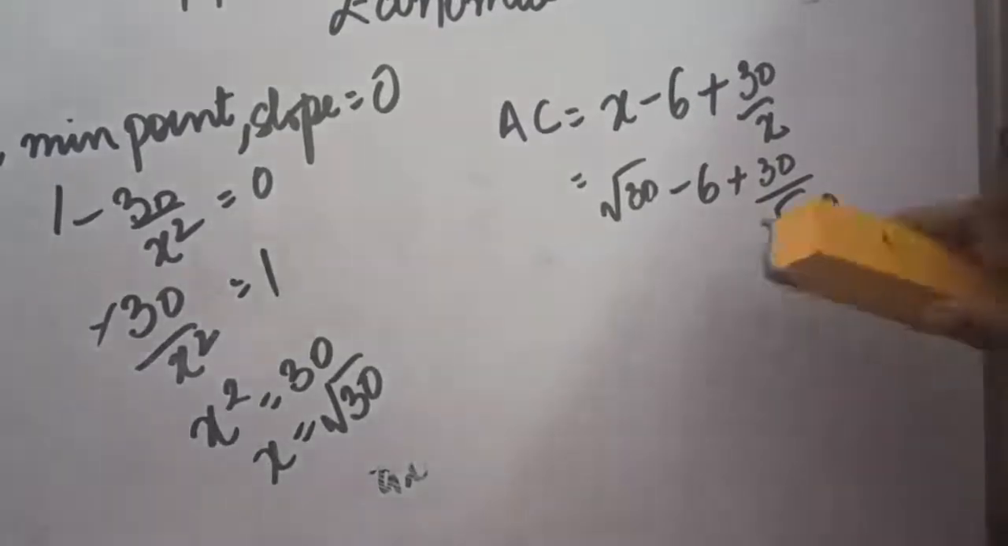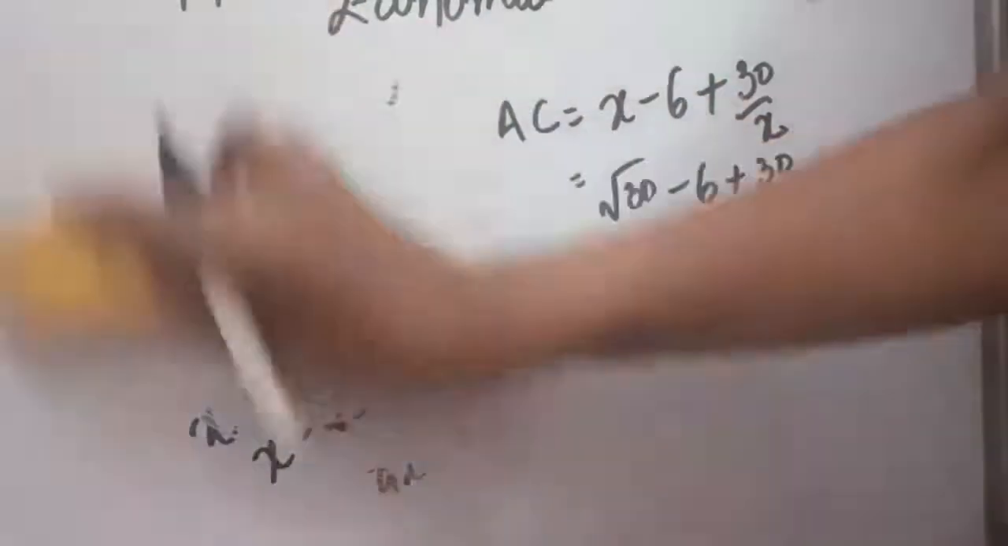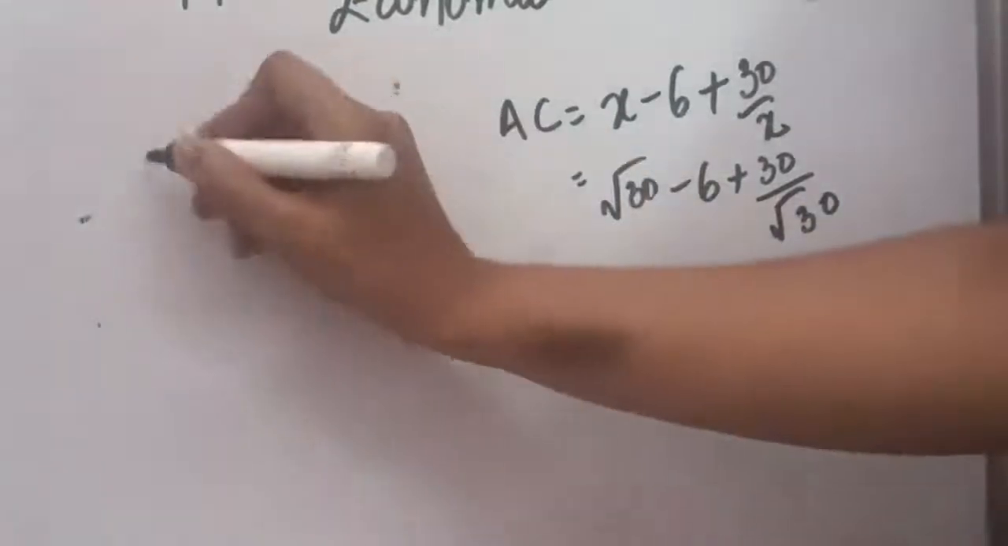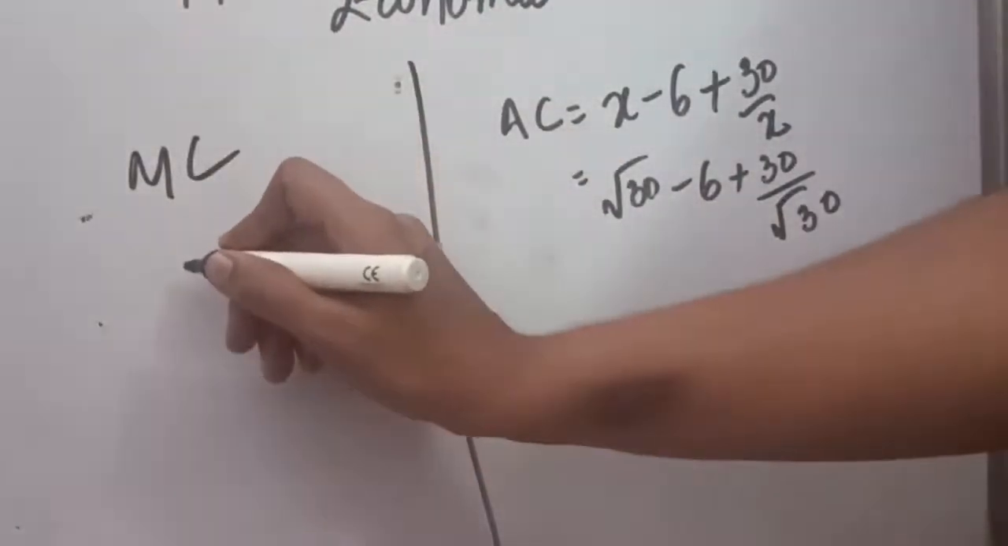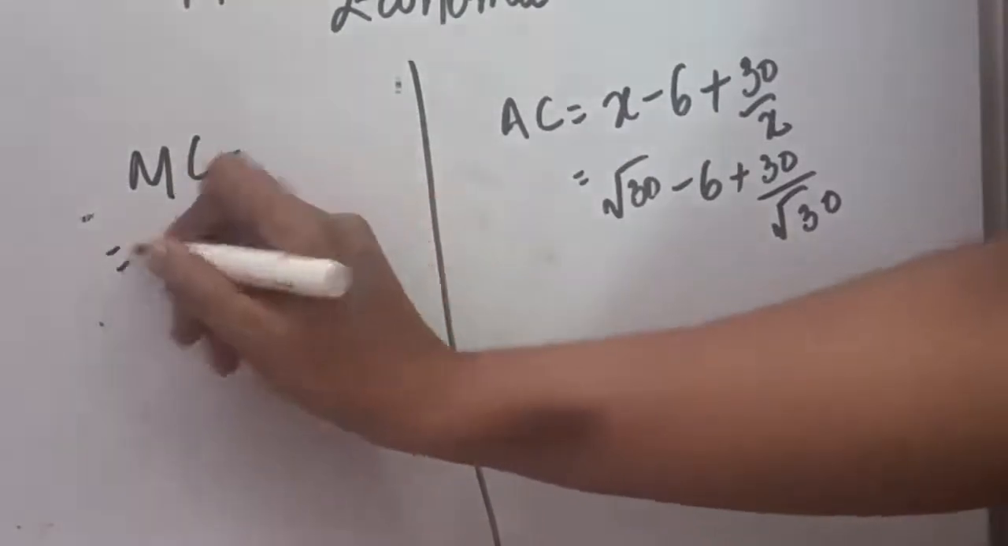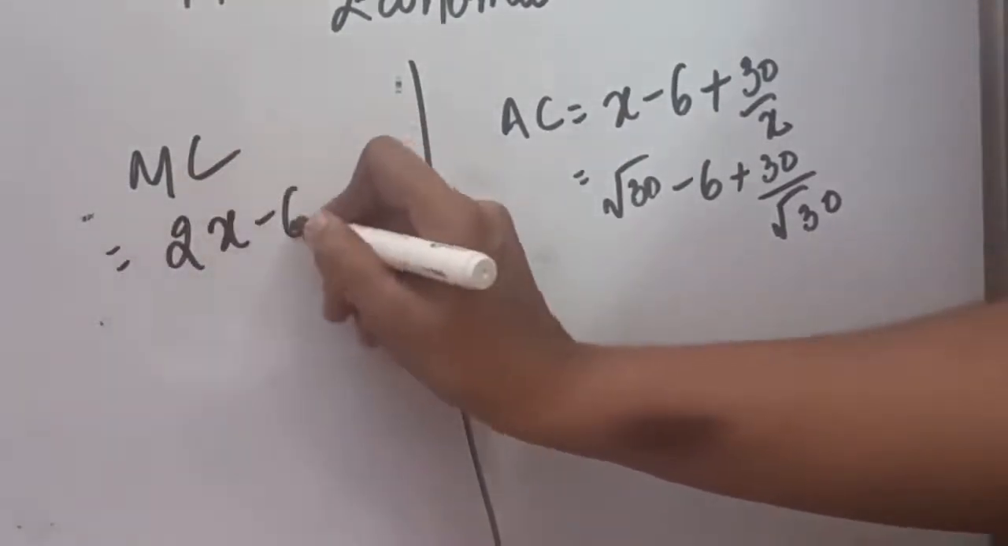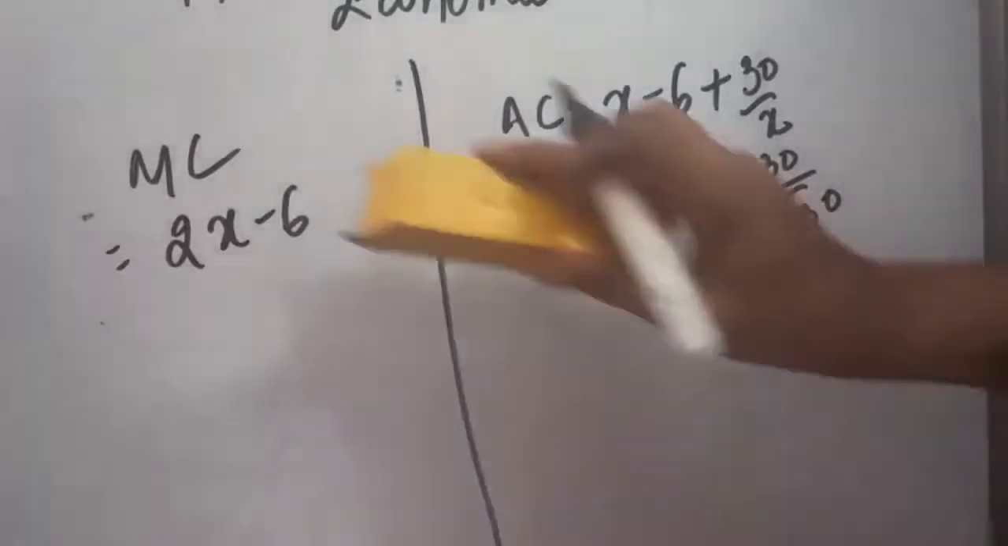So this will be the value of AC, and if we take on the other side MC, because we have to prove that AC will be equal to MC at this value. MC also we have calculated in the previous step, that was 2x minus 6. So MC, if you want to just calculate it again,